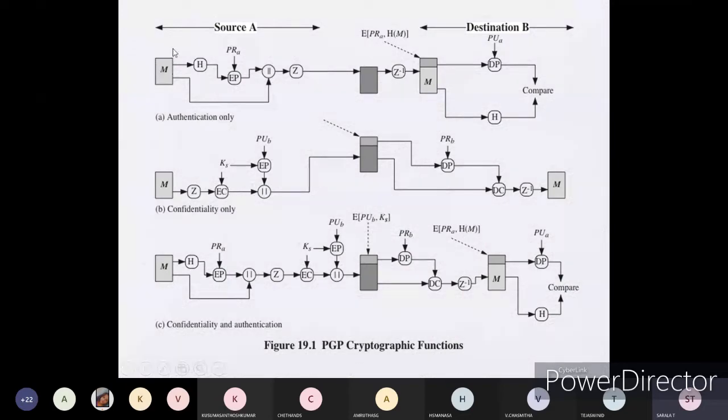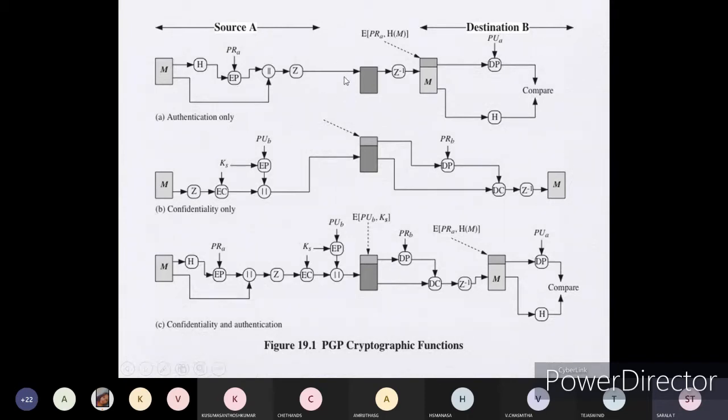First the message will be taken, after that a hash function is applied, then encryption should be applied, provided with the public key, and then it is concatenated with the message once again. After that you are going to do compression. You are doing the compression method after the concatenation of the message with the hash function, and your Z is your compression method.